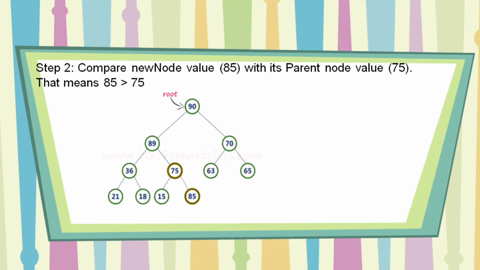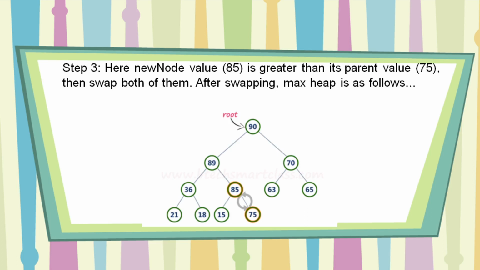And the second step is we have to compare the new node with its parent. Is 75 less than or greater than 85? So 85 is greater than 75. So we have to swap the values in the tree structure. Swap 75 and 85. Why are we doing this step? Because the new node value is greater than its root. The max heap property is that the root must be greater than its child, or the parent should be greater than its child. So we have to swap these two,